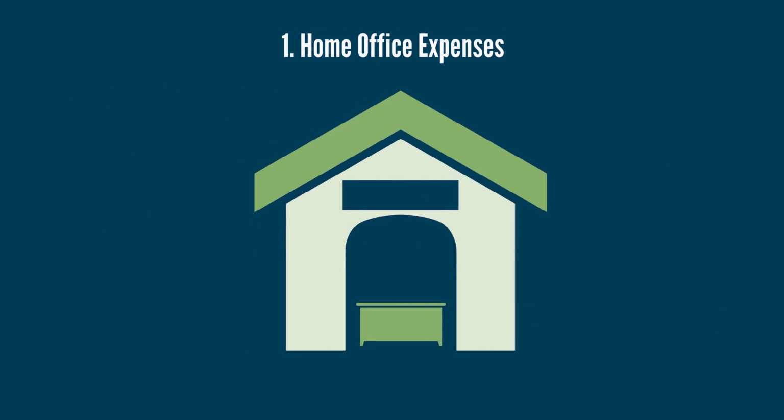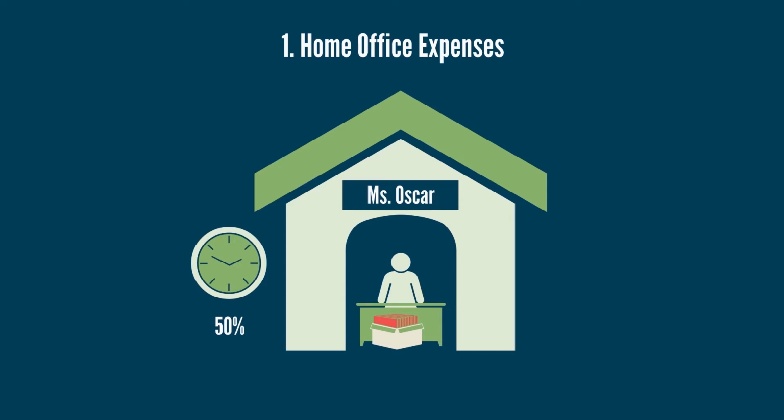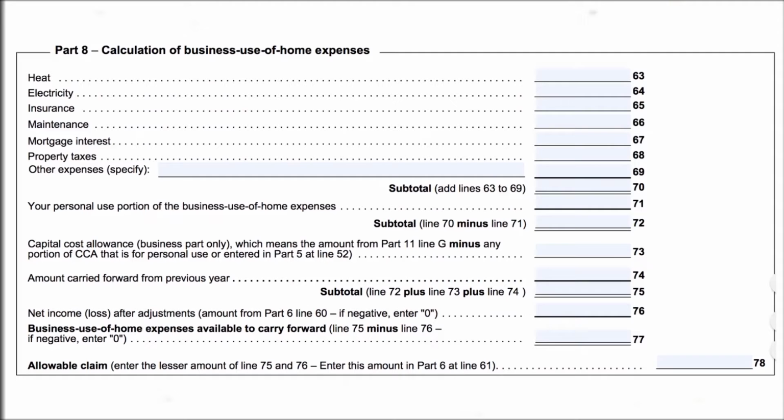Let's take the example of a sole proprietor, Miss Oscar, who makes gold and red award envelopes from home. This is her only office, and she spends 50% of her time working from home. She has the following home expenses, which are entered in Part 8 of Form T2-125. Gas for heating her home, $1,000. Electricity bills, $2,000. Insurance, $500. Maintenance, $3,000. Mortgage interest, $7,000. Property taxes, $3,900. Her total home office expenses on line 70 are